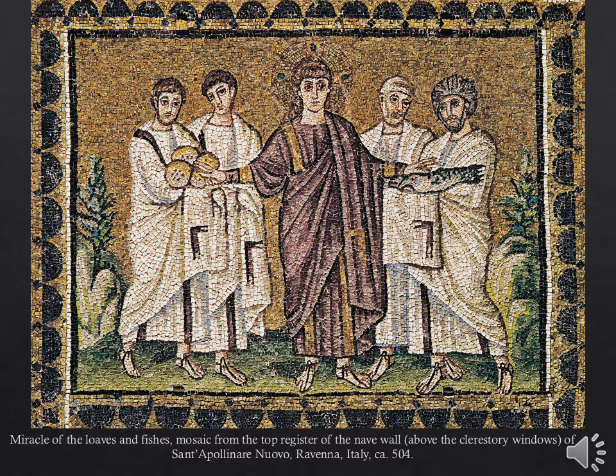We see him performing the miracle of the loaves and fishes. He's still a young man. There's no beard. There's lots of emphasis on his youthfulness, and that's an important part of early Christian iconography. He's got a halo, and this, again, like in the Sol Invictus scene, we see a clear representation of a cross behind his head within that halo. So again, it's really radical, this shift and this change within a few generations of people to go from that very subtle symbolism to this very blatant iconography of Christ's divinity.